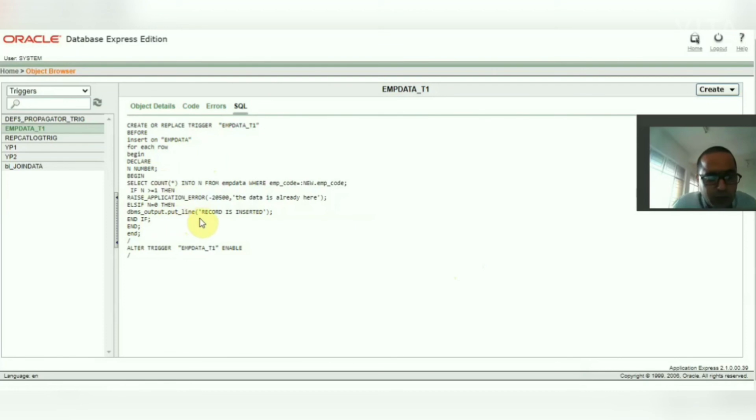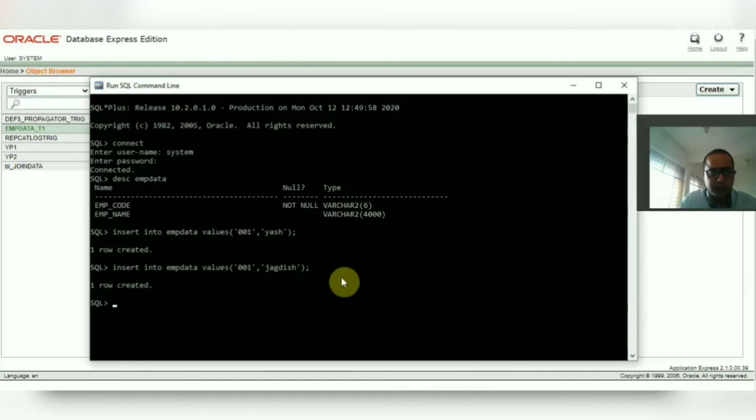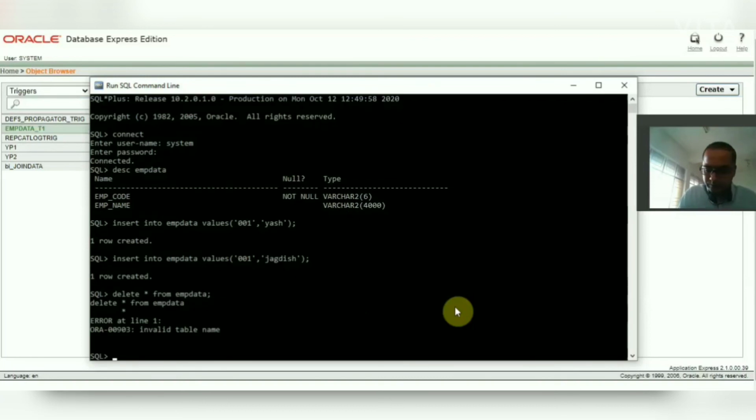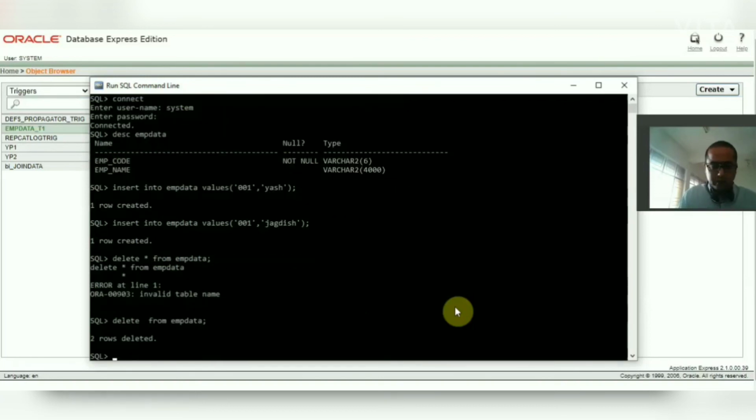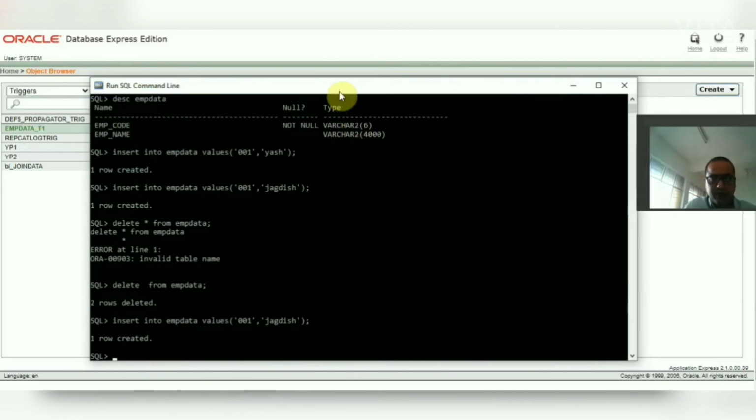Actually the error was in DBMS underscore output dot put underscore line. The actual statement is here. So whenever you insert duplicate data, it will fire the trigger, generate an error, and then print this message. Let's get back to the SQL command prompt. Here I made my table empty, there is no record, and now I will put a record here.